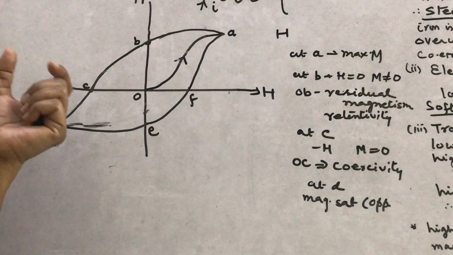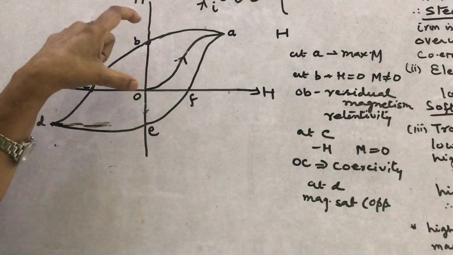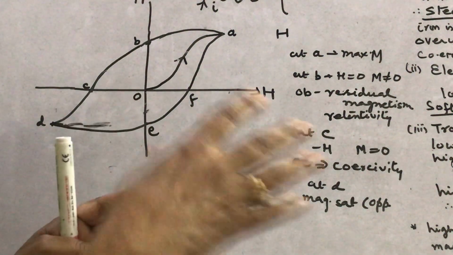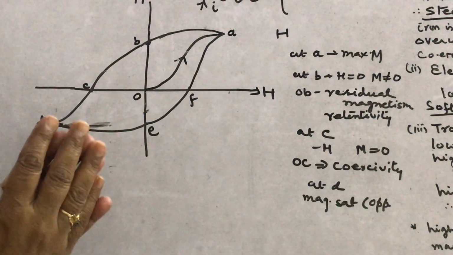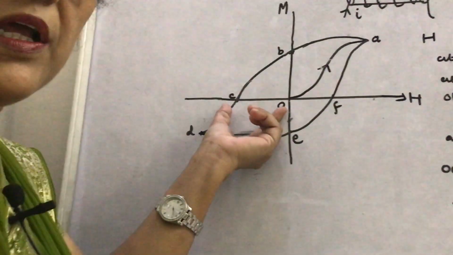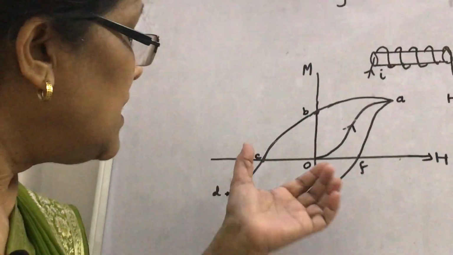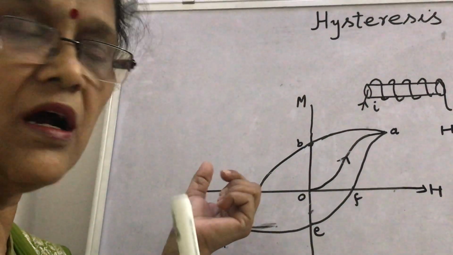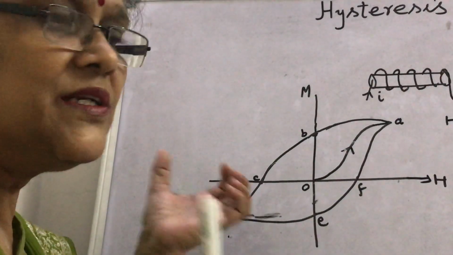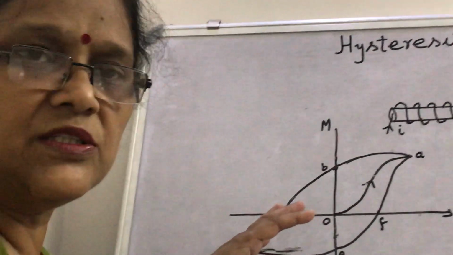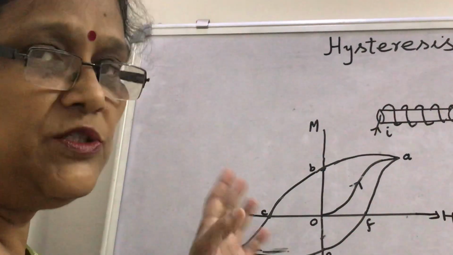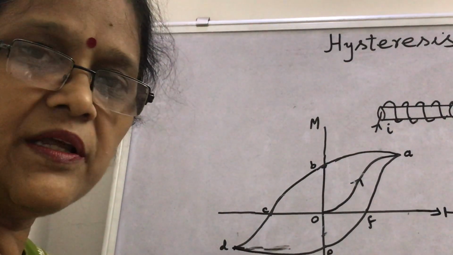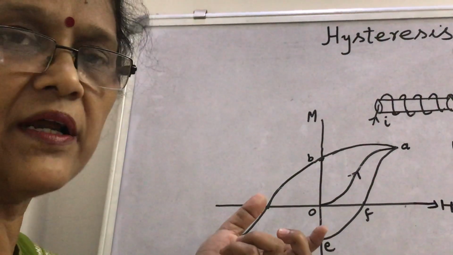Here what do they say? That the larger the retentivity, the more magnetization is retained by the substance whenever the magnetic field is removed. What is coercivity? The larger the coercivity, it means it will be difficult to demagnetize it. Higher magnetizing intensity is required to demagnetize the substance. So, what are these two properties? You can say that these are the two properties required for making ferromagnetic materials to be used as permanent magnets, like steel.